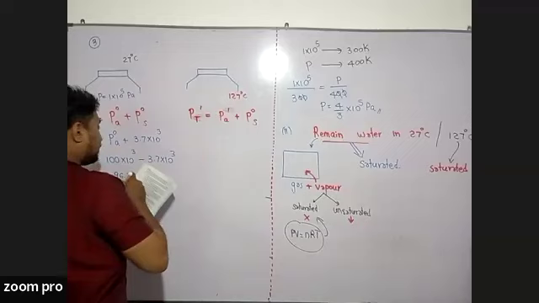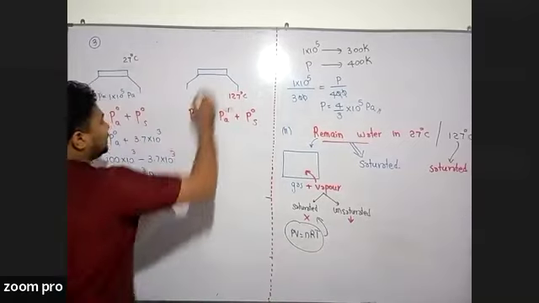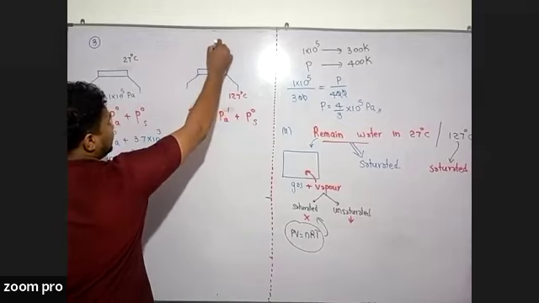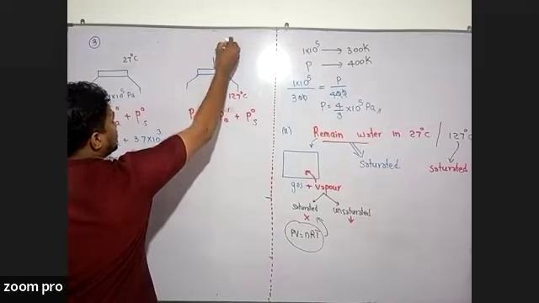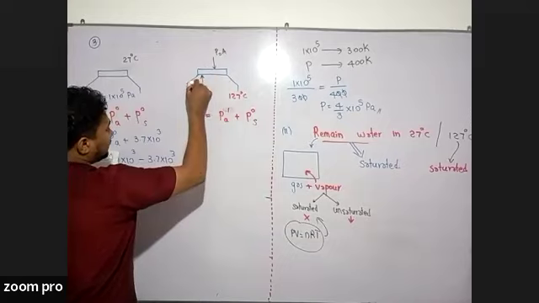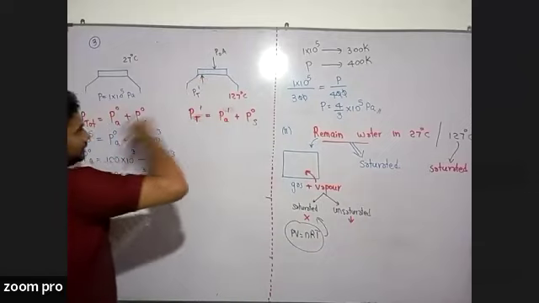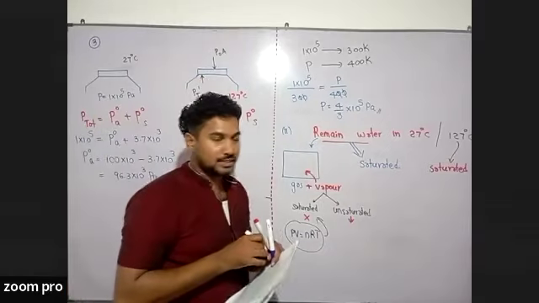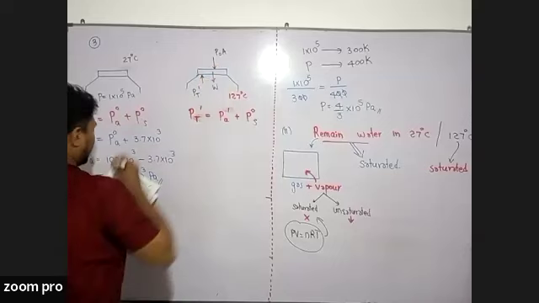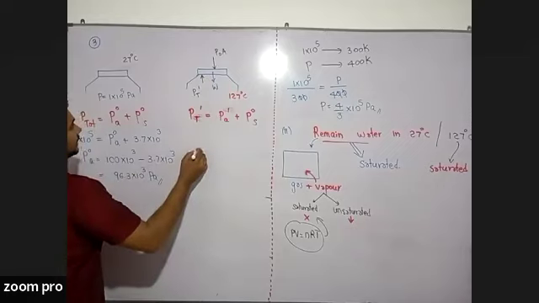Because now at 127 degrees Celsius, if we mark the forces acting on the lid, there is the force generated by the atmospheric pressure, the force generated by the total pressure inside the vessel, and the weight is also there. So if I rebuild the equation, we can consider that